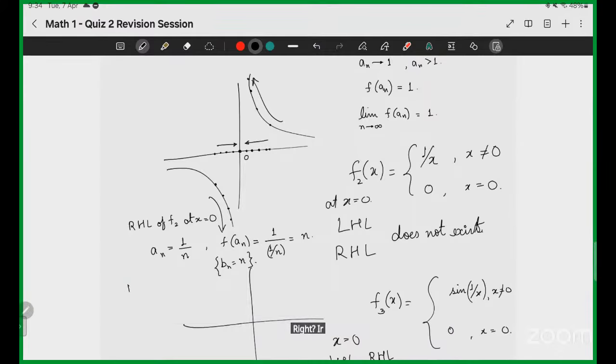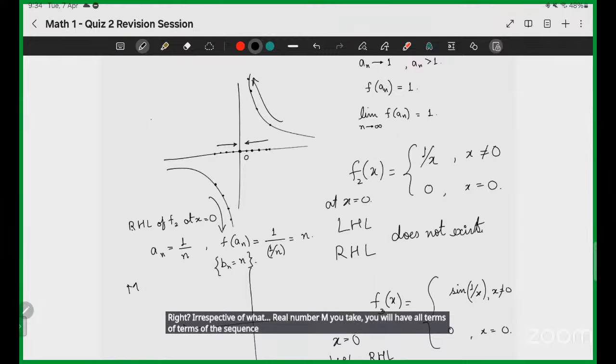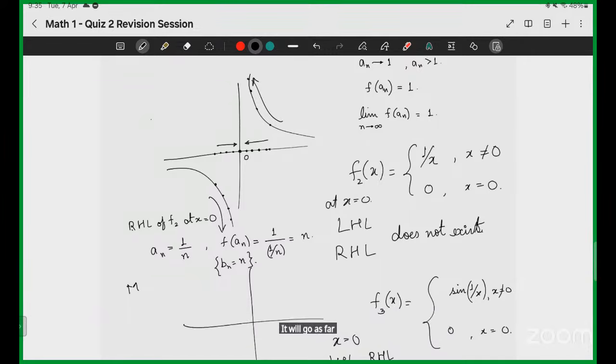Irrespective of what real number m you take, all terms of the sequence beyond some point will be much higher than this. Whatever integers are there greater than m, it will go as far from m as you want. So you cannot have it converging at a particular real number m. So the sequence b_n equal to n is a divergent sequence,